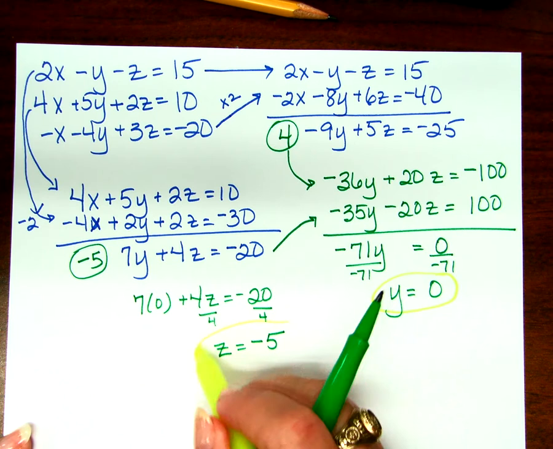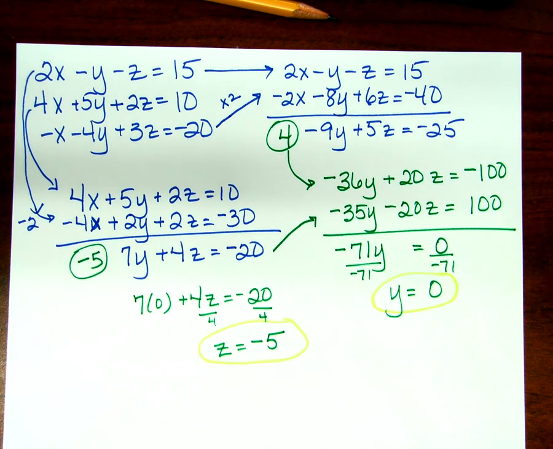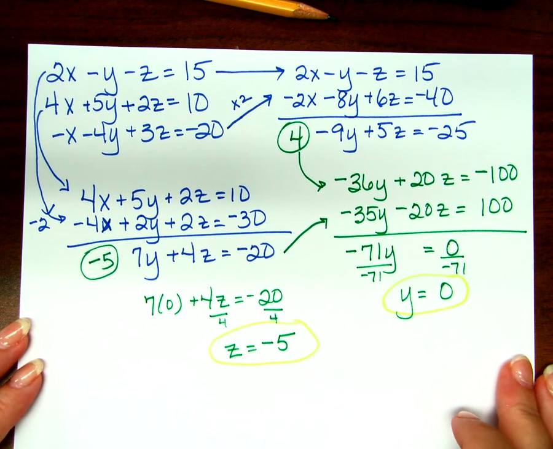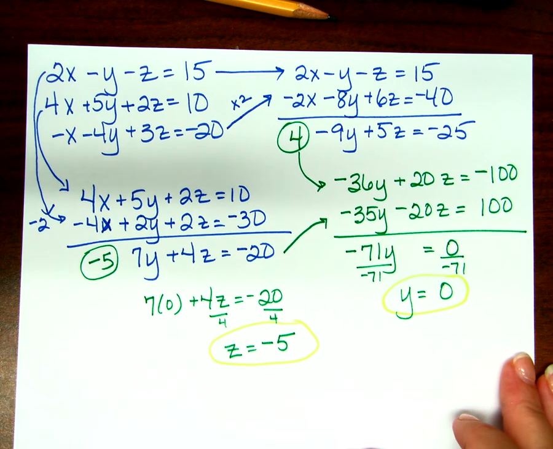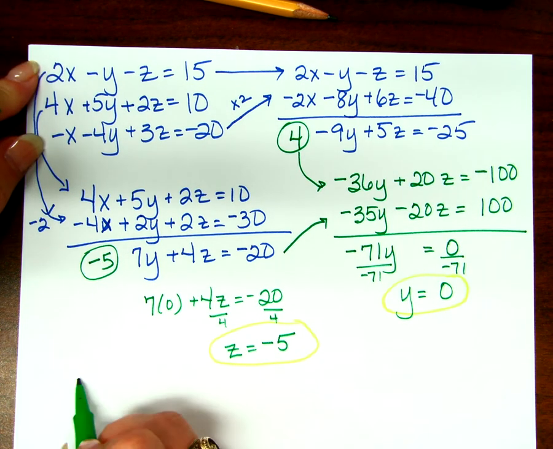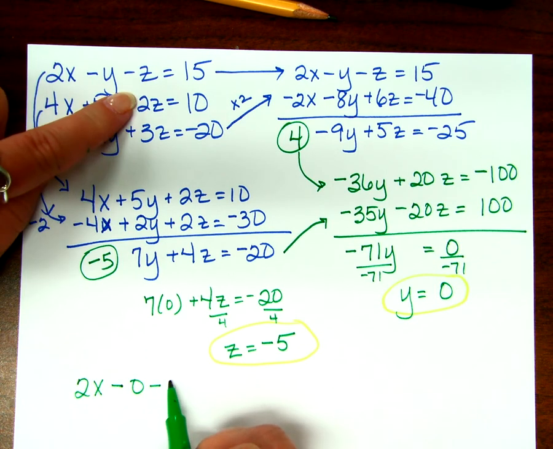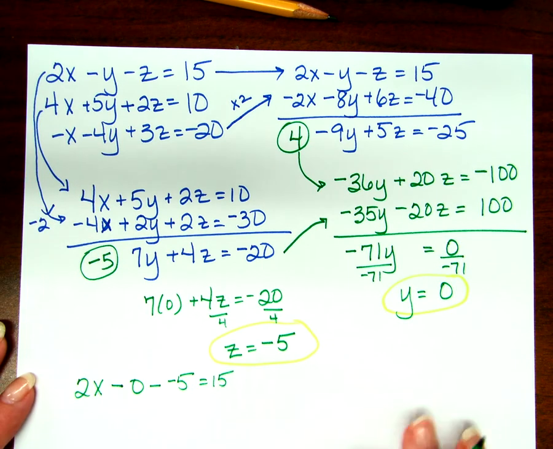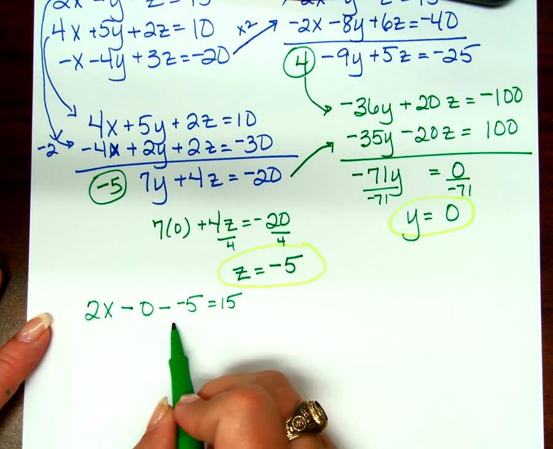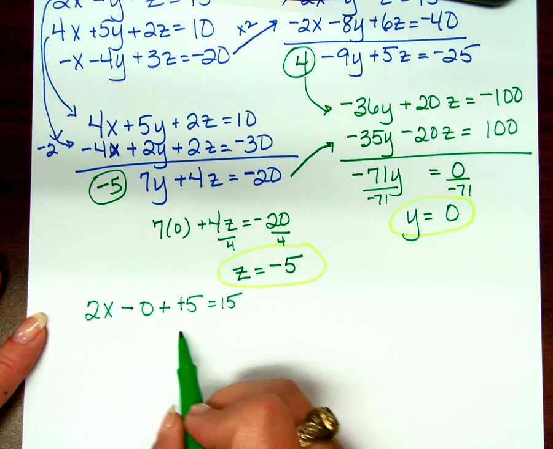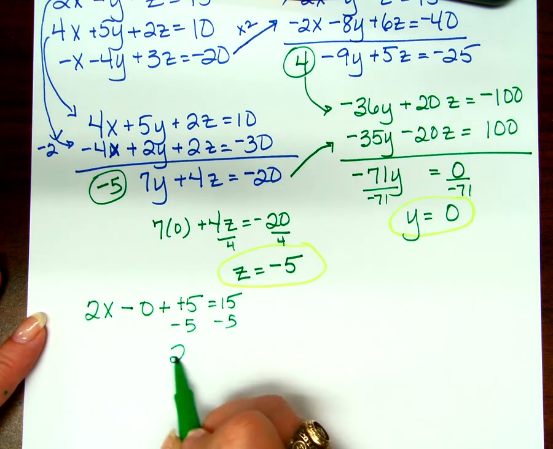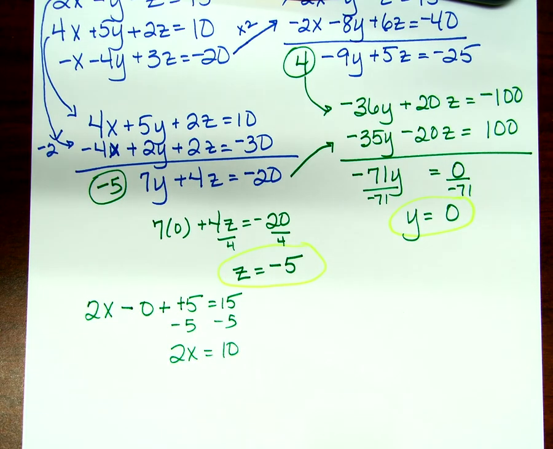So I know y and I know z. Now I got to go back and plug it in to find x, right? To where? Oh, the very beginning. You want top? Okay. 2x minus 0 minus negative 5 equals 15. So subtract 5 from both sides. 2x equals 10. X equals 5. So my solution is